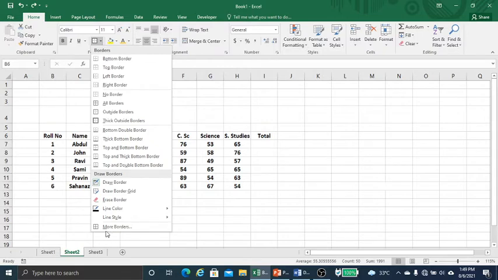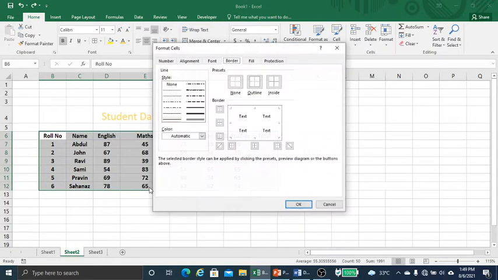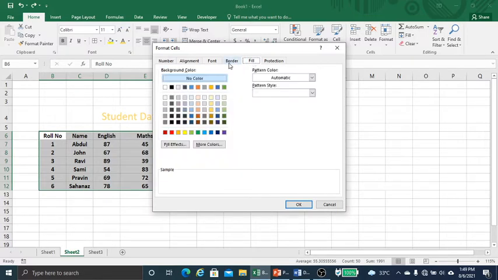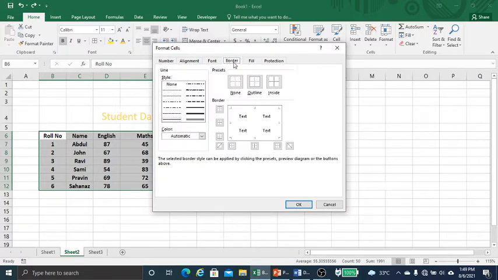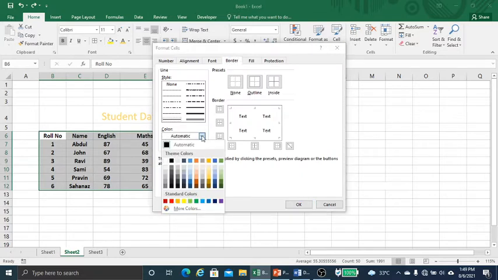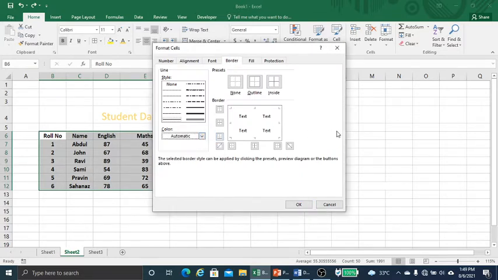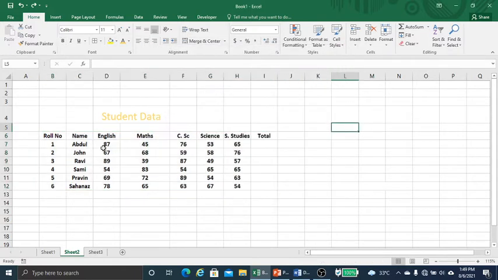If you go to more borders, you can find there are so many other outlines. We can fill the border with colors, automatic or many other colors. And like this, we can also color the text by using this font color option.